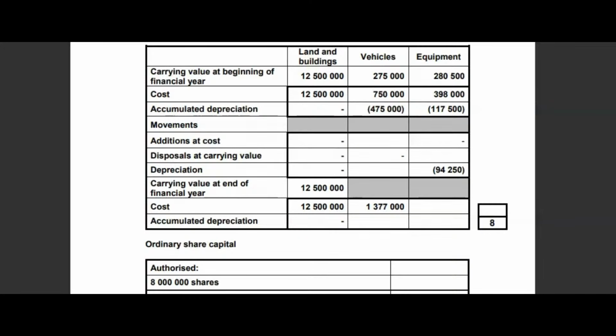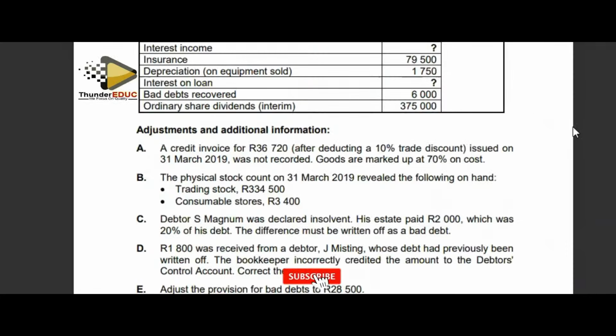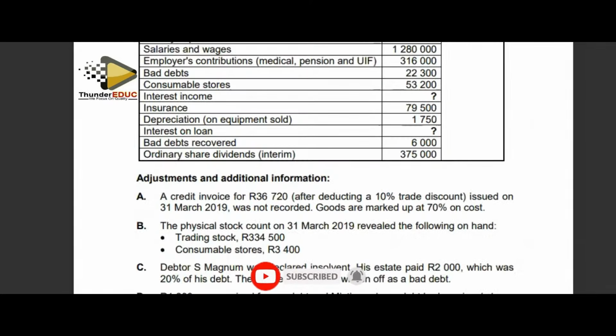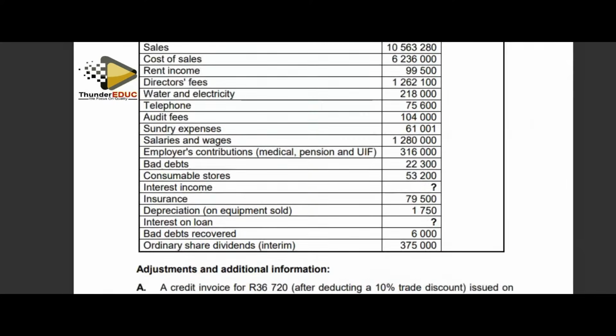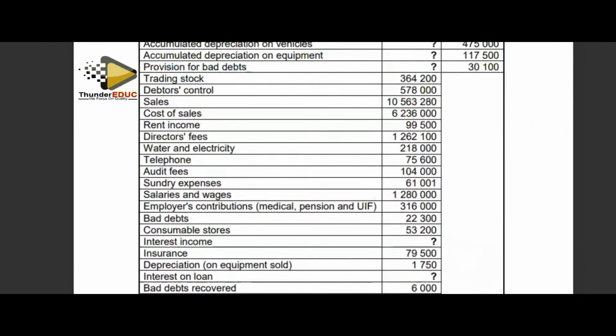Okay. I'm taking you for accounting, grade 12. We are continuing with our next lesson where we stopped. Remember, the last lesson we did was about the statement of